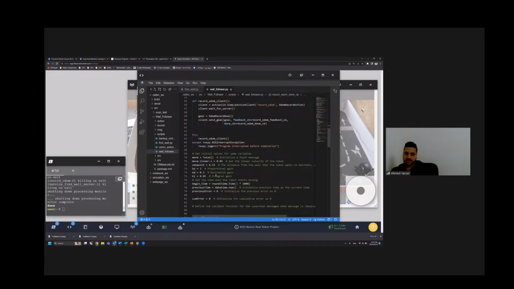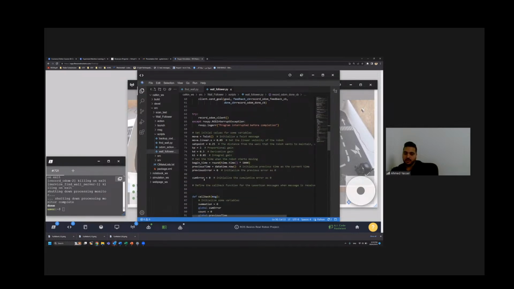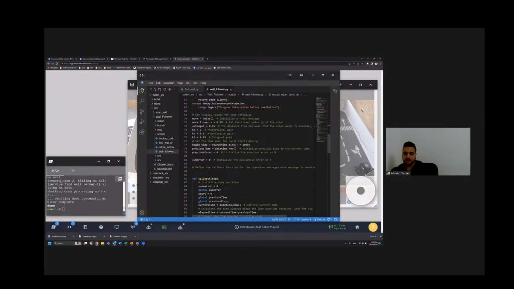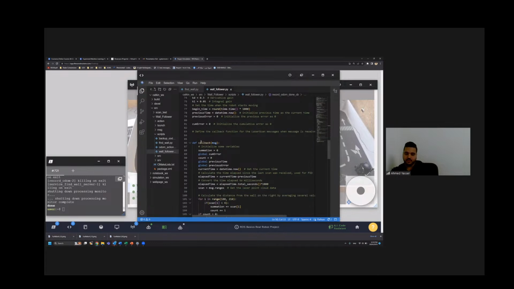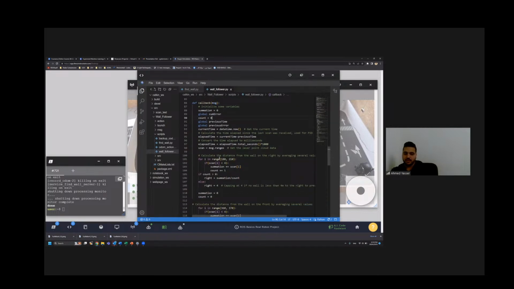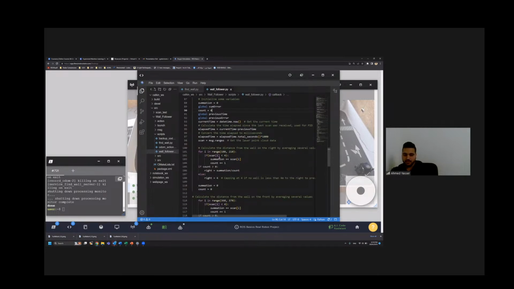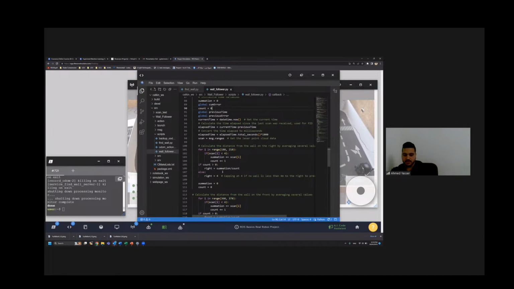Yeah, sure. Here is the PID implementation. You're taking the time in order to do the derivative and the integral. You've got your gains here, the 3 gains. This is what you'd use to tune it. And then this is the callback. This callback is actually called when there is new scan data. And this is where the main code is happening. If we skim through it to the more important parts,